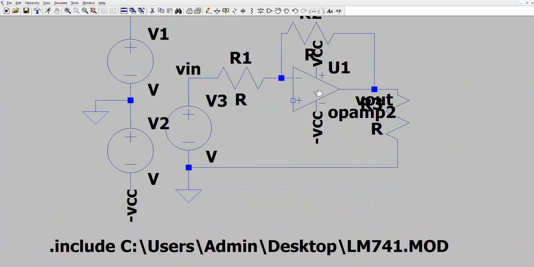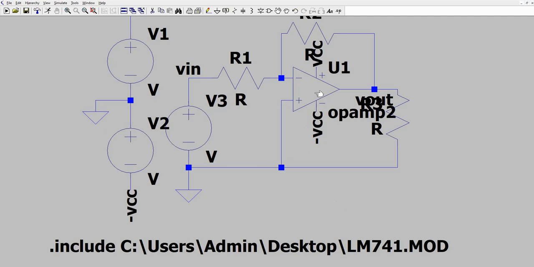Next is for you to be able to reflect the model in your op-amp. So let us first add additional connection to your non-inverting terminal, which is connected to your ground. So going back, let us now link your op-amp symbol to your model.